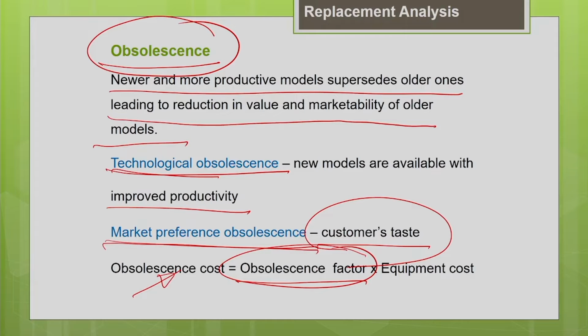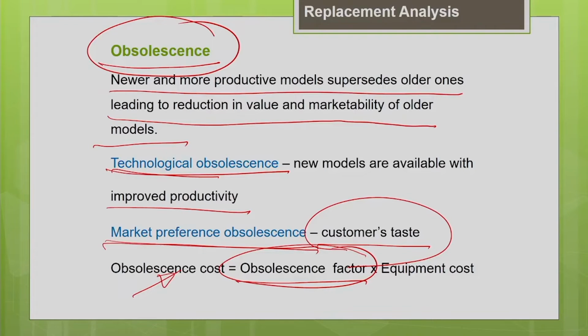So we have discussed the different components of equipment cost estimation from the replacement analysis perspective. As I told you earlier, for replacement analysis we should consider all the components of the equipment cost to make an accurate estimation of the replacement timing. We should consider everything, including the downtime cost, obsolescence cost, and the effect of inflation, so that we can get an accurate picture of the optimum replacement time. Now let us work out an illustration so that we can have a better understanding of